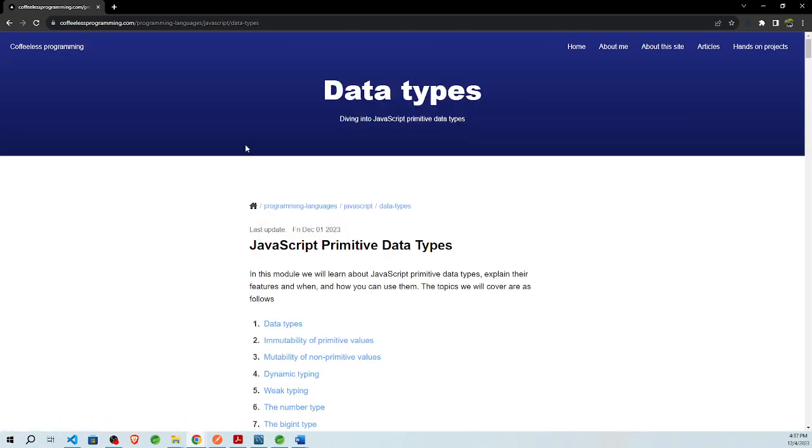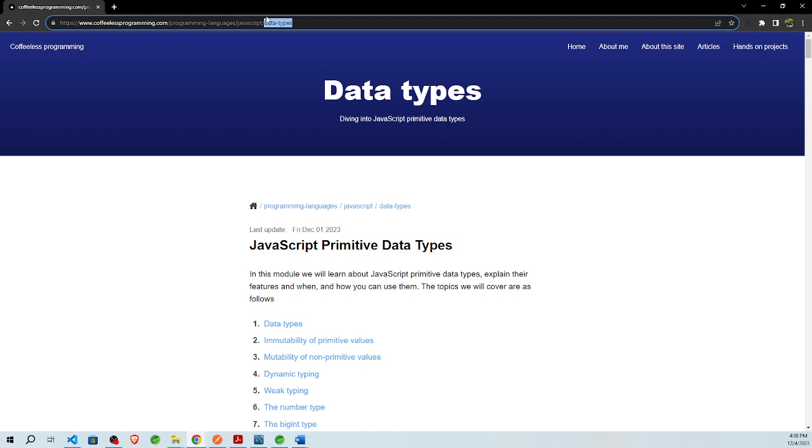And so this will be the flow of all of the tutorials that I will develop. In this case, the tutorial is going to be a tutorial on programming languages in the JavaScript language. That will be the category of a programming language. It could also be TypeScript or Python, for example. And then we're going to learn a module specifically in JavaScript, so the data types in JavaScript.